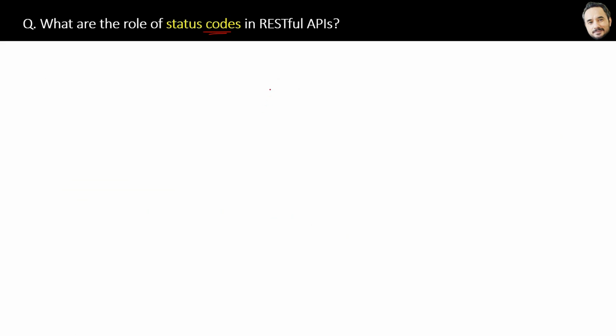Here is the simple answer. Status codes are used to convey the results of a client request. So for example, whenever a request is sent from the client to the API server, that request on the API server can be success, fail, unauthorized, etc., right? Then to inform the result to the client, the REST API sends the status codes.